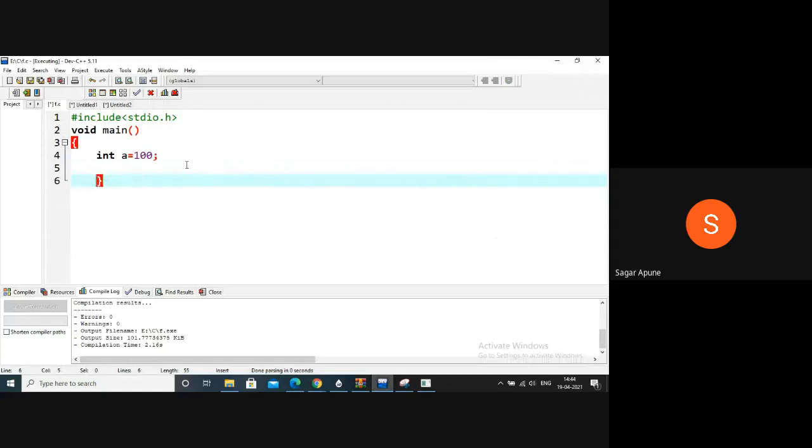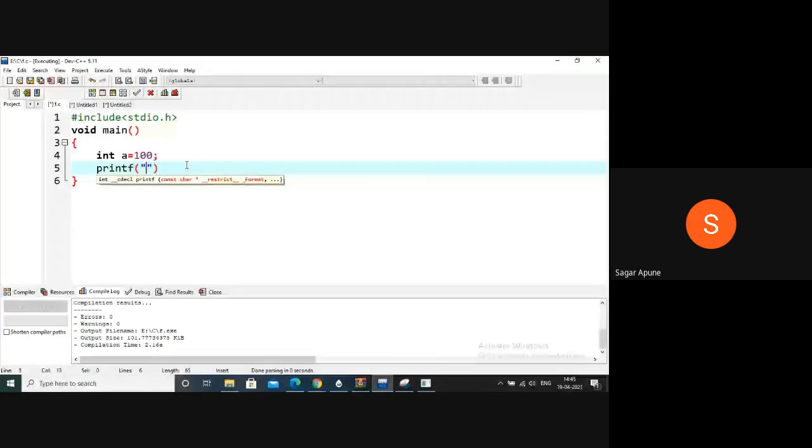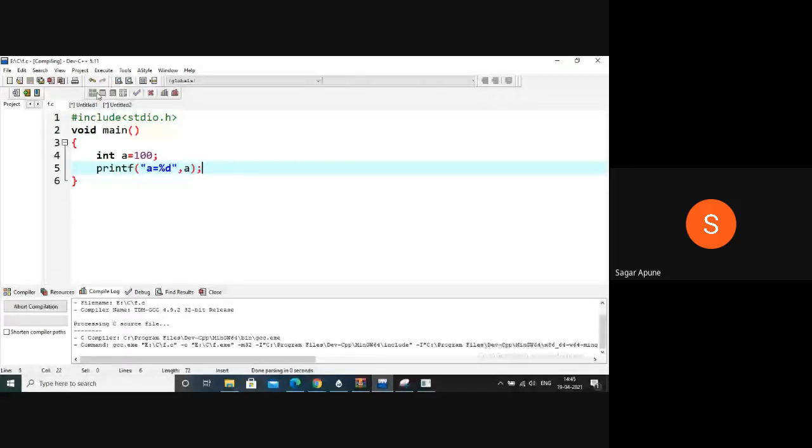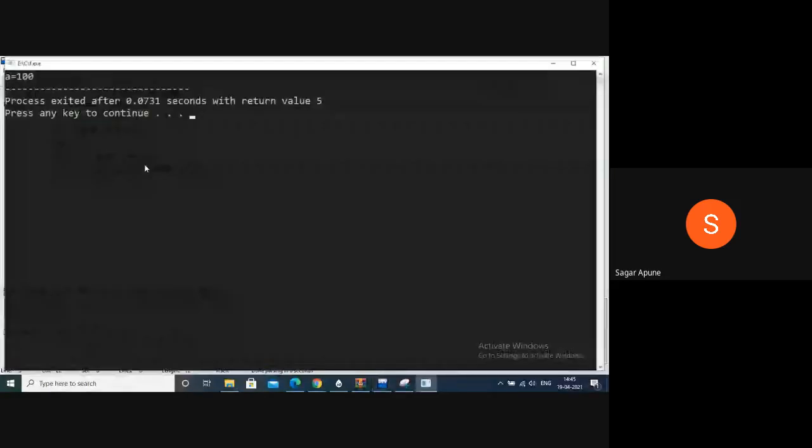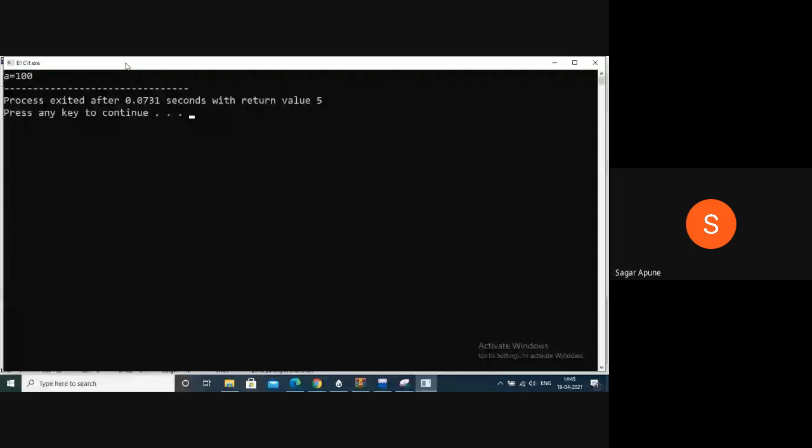What is the code? Yes, printf, quotation, a is equal to %d, and here comma a. So it will print the value of a, that is 100, right? Here I close this, enter. A is printed here as 100, but